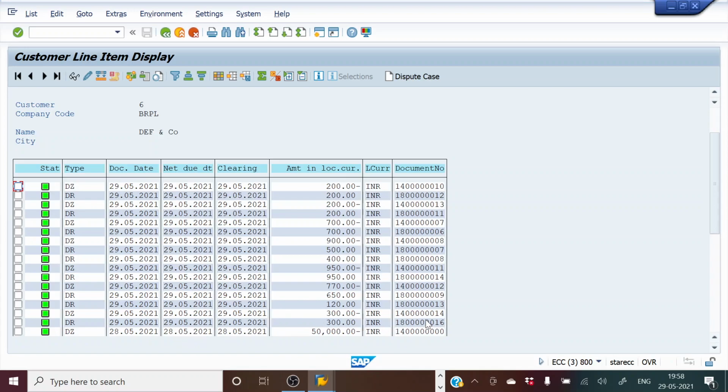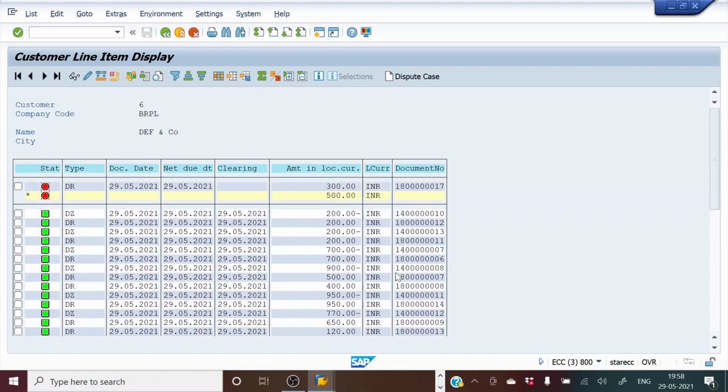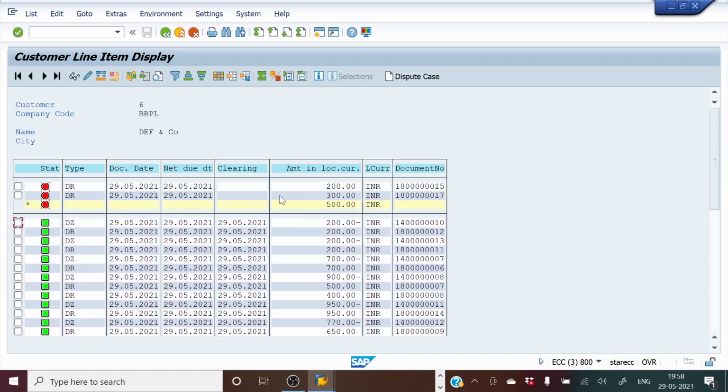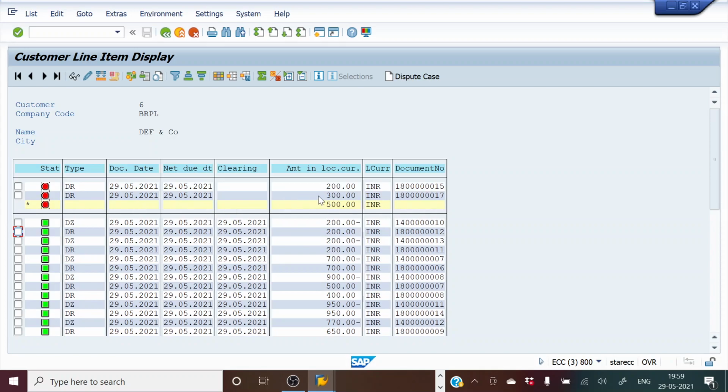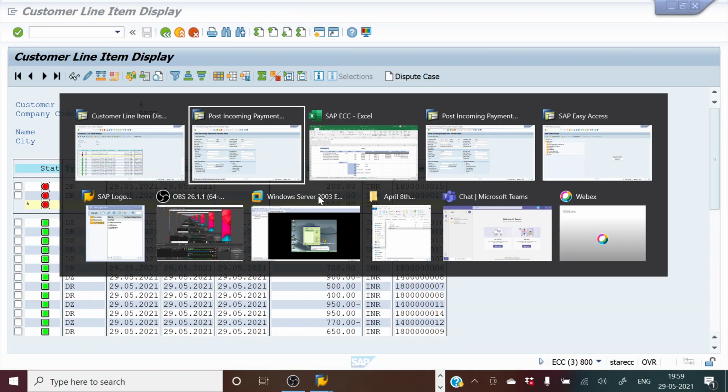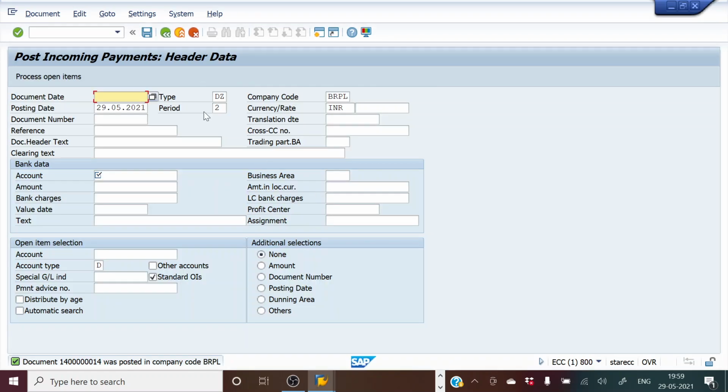Now we should realize that this should have been set up against this invoice. So what we need to do is delink these two through T code FBRA, bring them again to open item, and then clear off the payment with this 300 using F-32. So let's go to FBRA.